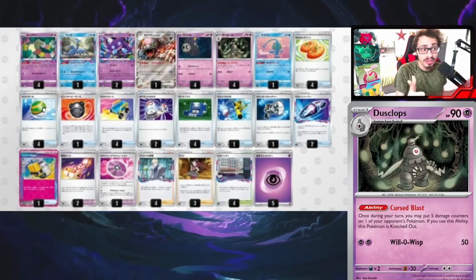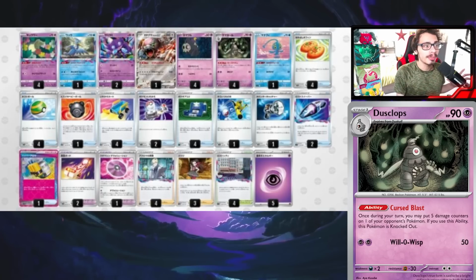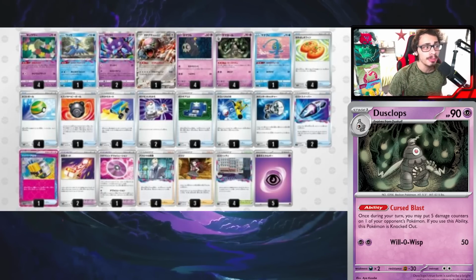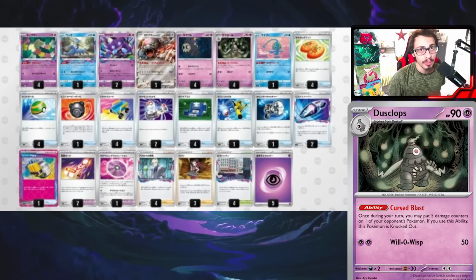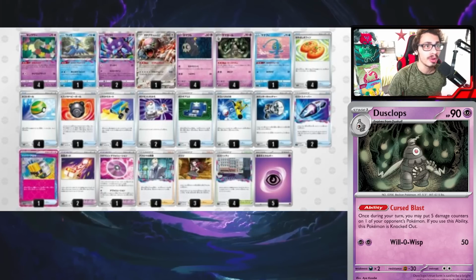The idea is Dusclops is a very good card with spread cards, and especially with Sableye. Dusclops, of course, knocks himself out, and then putting 5 damage counters on one of your opponent's Pokemon allows you to put even more damage on the board for Sableye to work with. That is effectively 17 damage counters that you get to spread in a single turn with the power of both